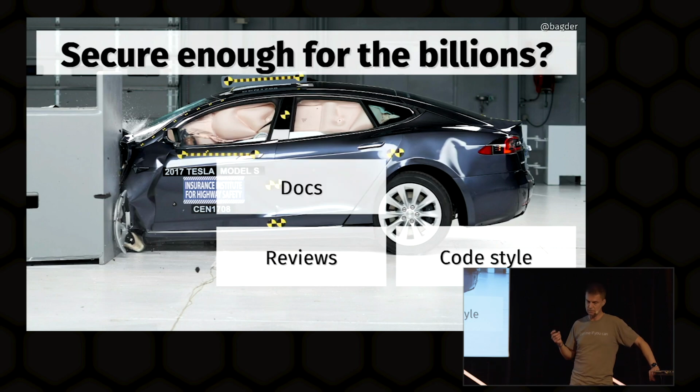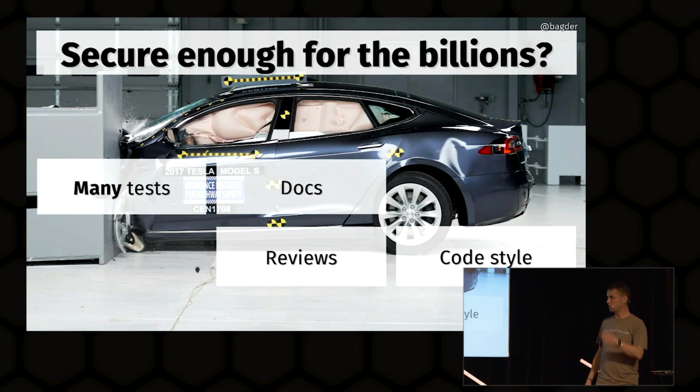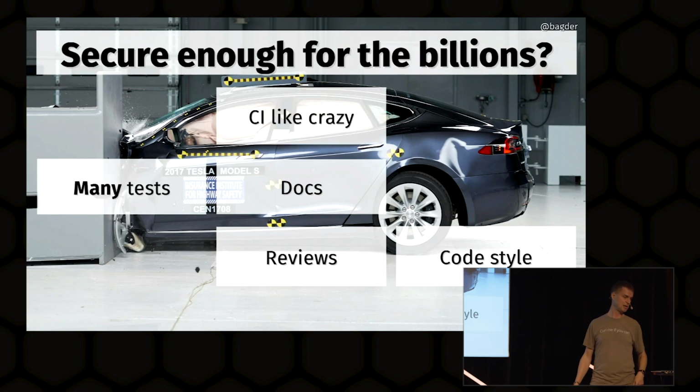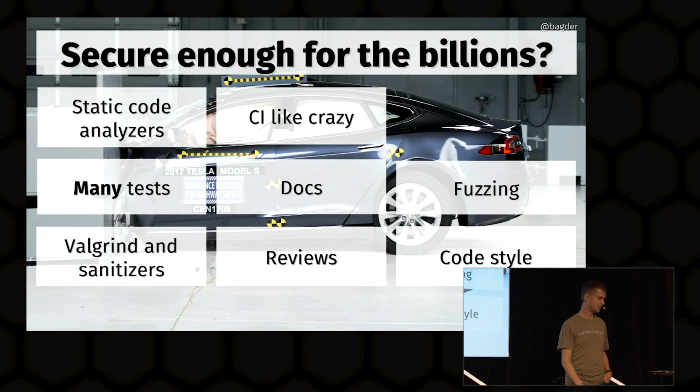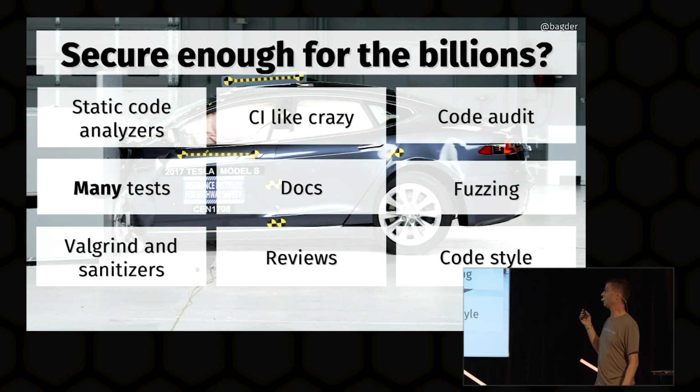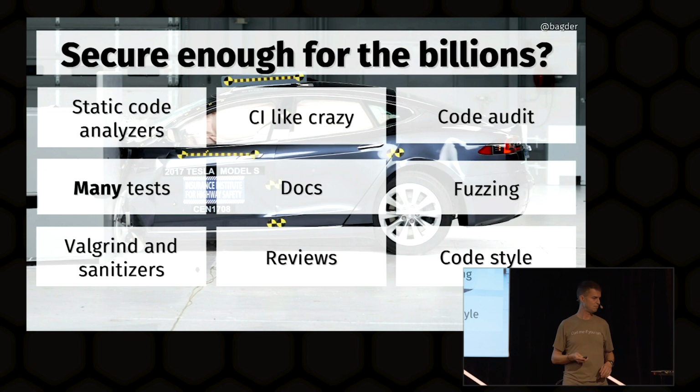To maintain or increase readability, code should be uniform everywhere. And I think it really helps to have really good documentation to make sure that everyone understands the API, so we don't do things the wrong way because we didn't understand it. And we do many tests, of course. We do as many tests as we can. And we do CI, as I say, like crazy. I'll show you a little bit about that soon. And we use all of these tools. We have static code analyzers, we do fuzzing, and we had an awesome code audit by Cure53 3 years ago. They found a bunch of things we should improve.